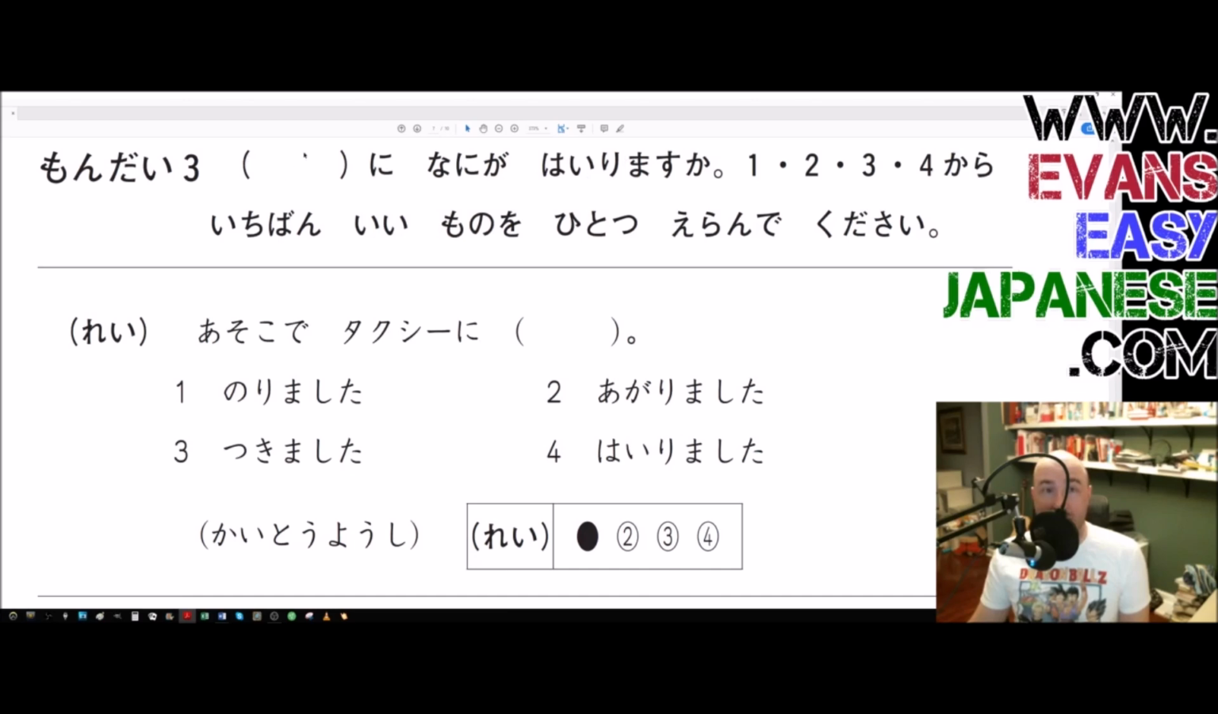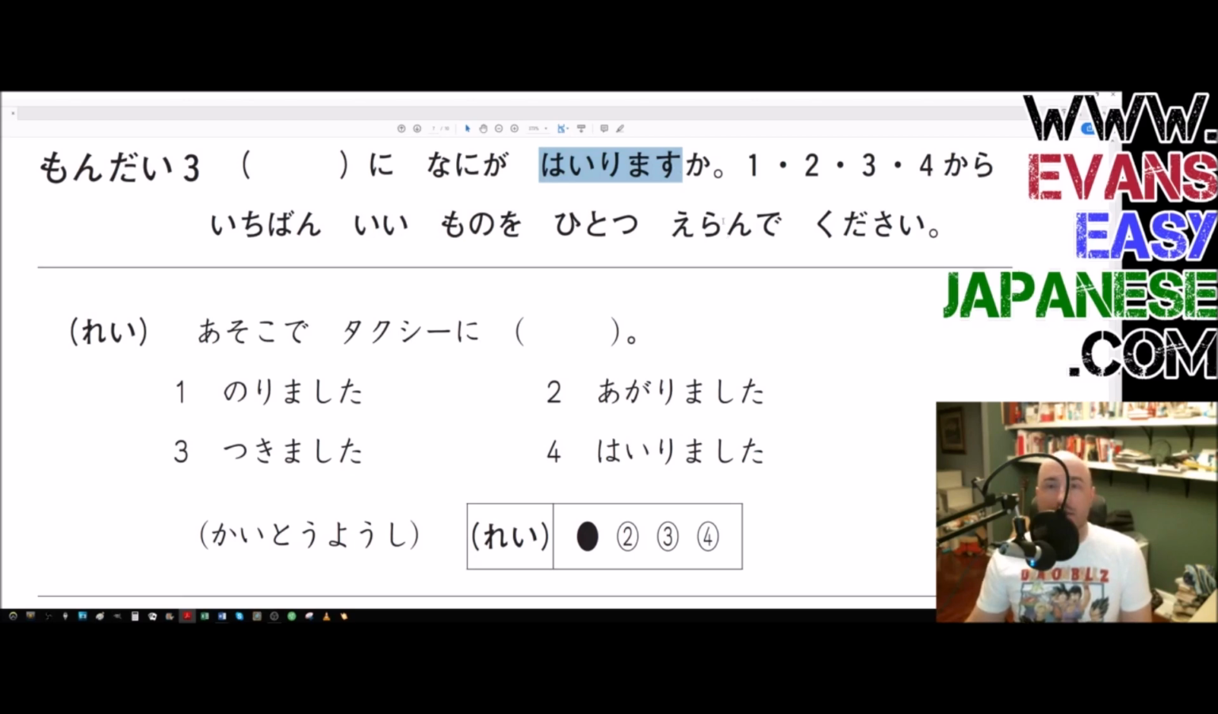So these are parentheses. Parentheses are called kako in Japanese. So, kako ni... Nani ga hairimasu ka? So the ni particle, so the verb is hairimasu. Let's start off with the verb. The verb is hairimasu. Something enters something else, as in I enter the house, the car entered the garage, something